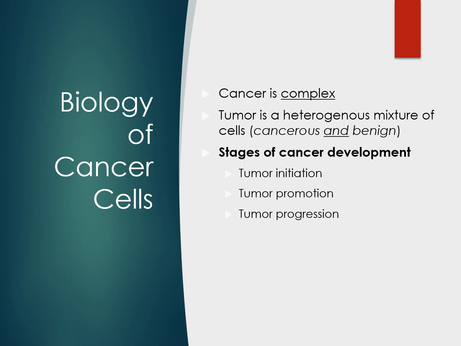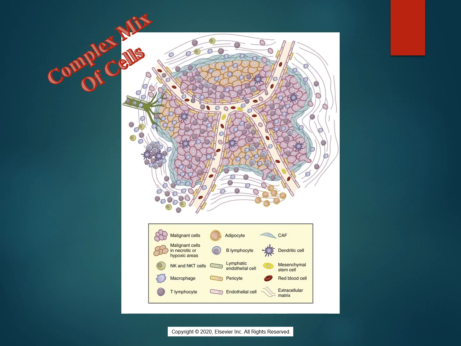And then finally, when we say tumor progression, we're really looking at it now advancing toward a metastasis. And so you have this in your textbook, but take a few minutes to just see what type of cells. You don't need to memorize this or anything, but just realize that a tumor itself is going to be a mixture of these different things.